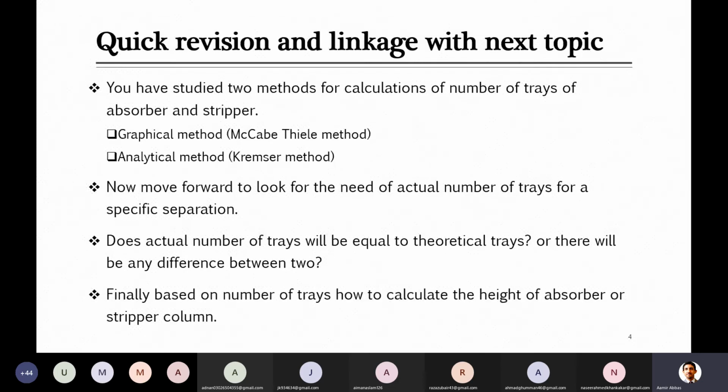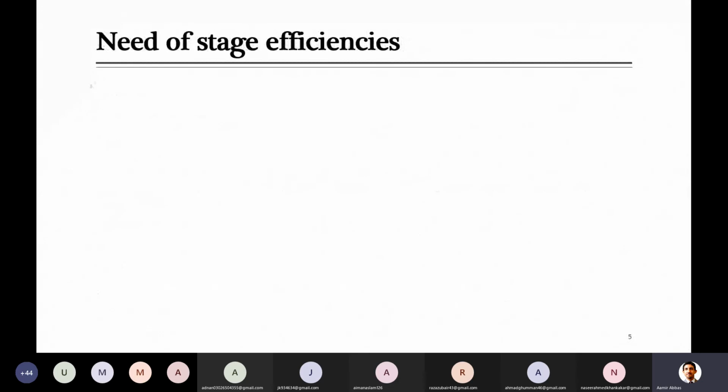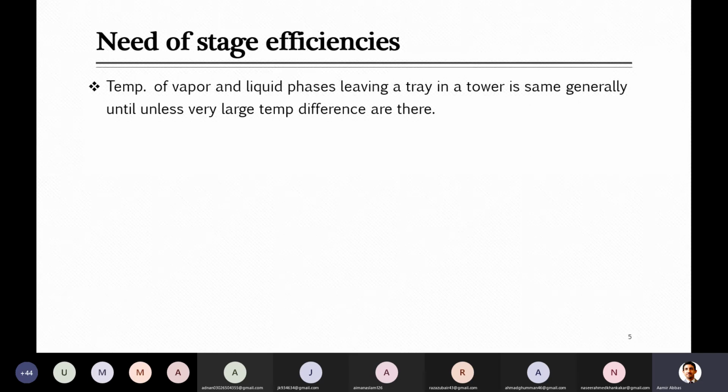So when we say that more trays are needed as compared to theoretical, what is the reason behind this? That is something called the efficiency of the tower, or efficiency of the plate, or stage. Stage means any tray or plate which you are considering. So